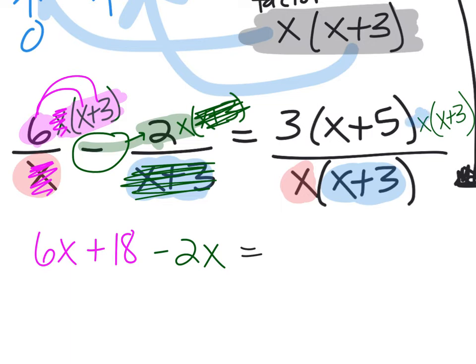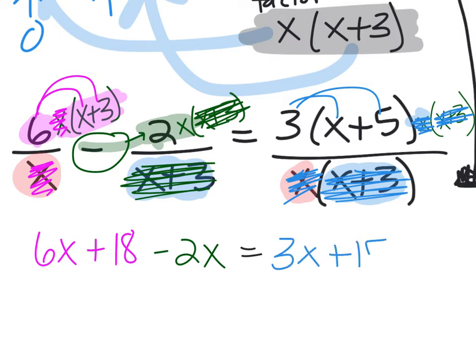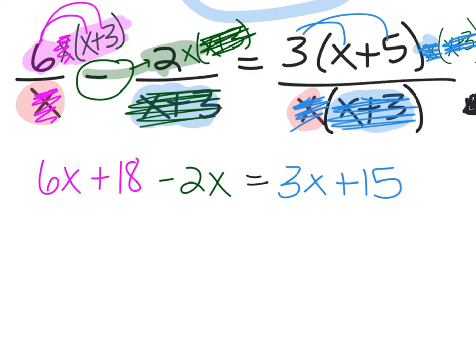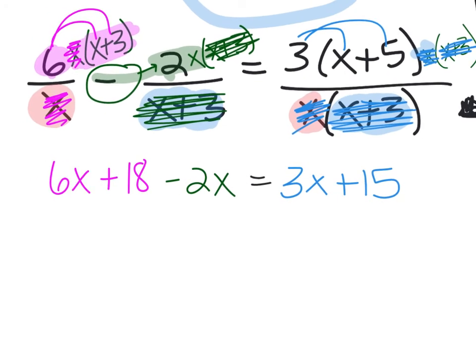So we can take the x, the x and the x, and then the x plus 3 and the x plus 3. So we're just left with this 3 to distribute to the x plus 5. So that gives us 3x plus 15. Good. Now, once you've eliminated all those fractions and done so carefully to make sure that this step is correct,